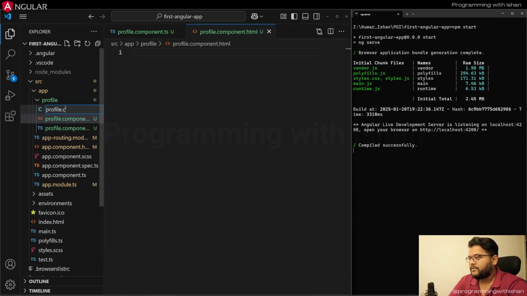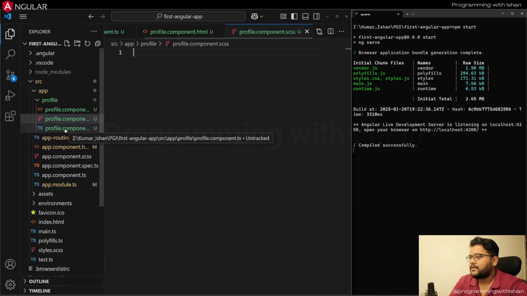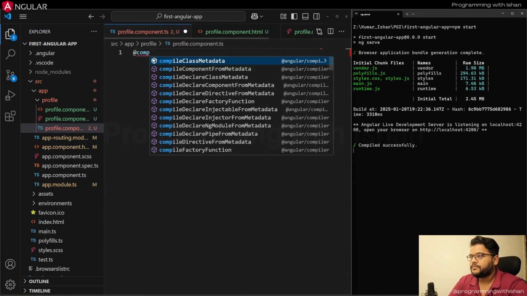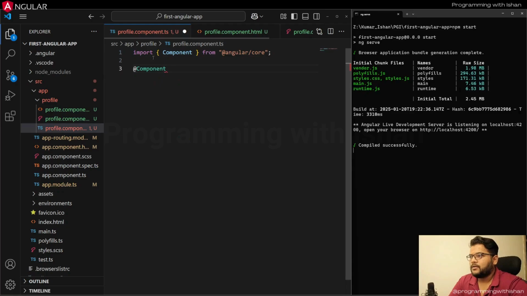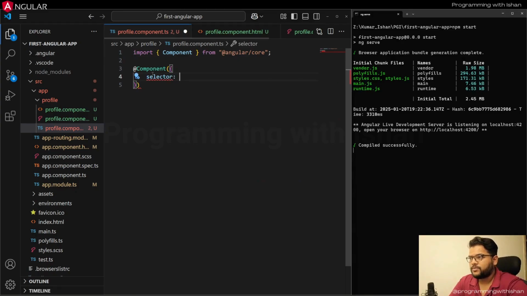And then we will have the profile.component.scss file. That will be the file used for styling purposes, and both this template and style file will be linked to the component file in the component decorator. So let's create that as well. The component decorator will have a selector tag which will have the value of a unique custom tag assigned to this component. Let's keep it as app-profile,